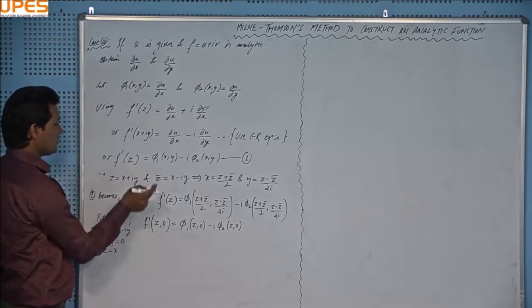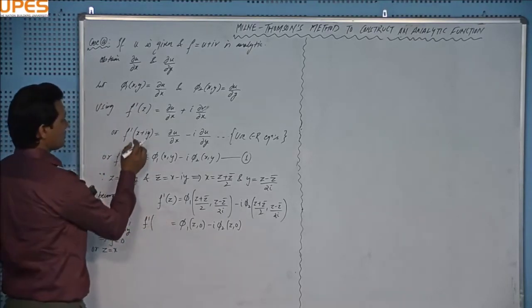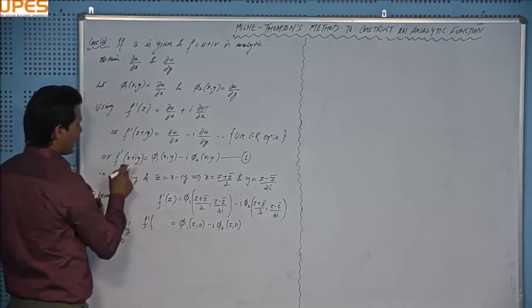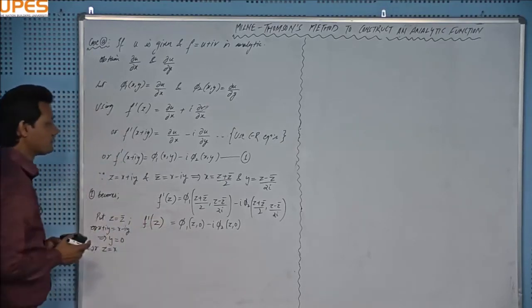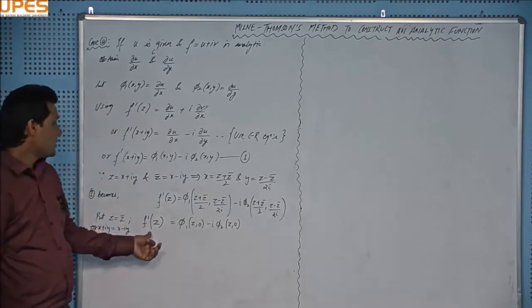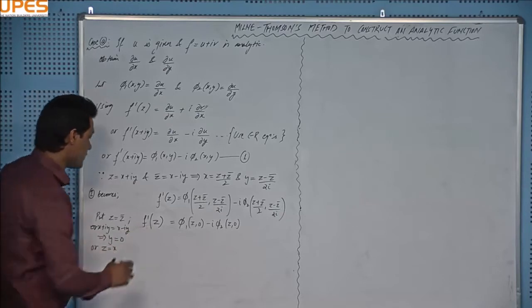That's why I have replaced this x plus eta y by z, right? Or should I write it as x plus eta y, x is replaced by z, right? Now this is fine. Okay, so this is the relationship for f dash z, and you want to obtain f z, you will integrate it